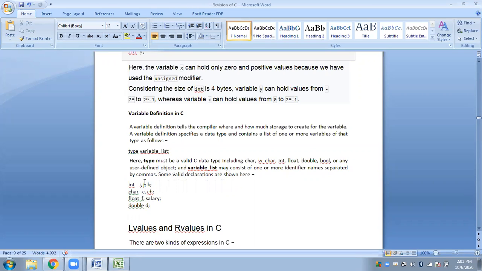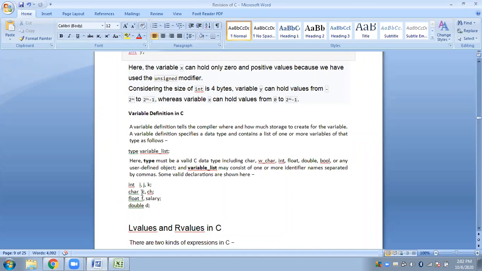Of type character means both C and CH will be holding characters. And characters means each of the values that C and CH will hold will be of 8 bytes. Sorry, 1 byte, or 8 bits. So C and CH are simply variables which will be storing character type of data, and each of them will be of 1 byte.